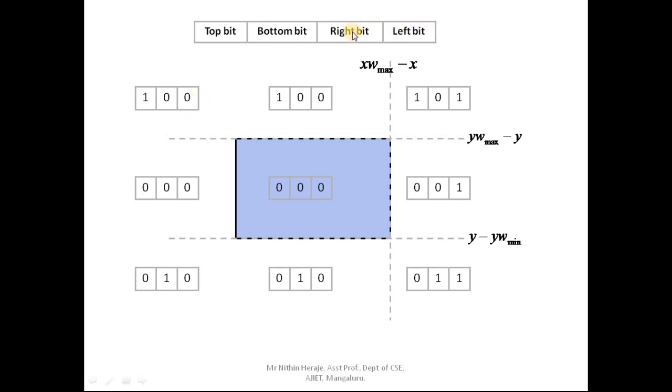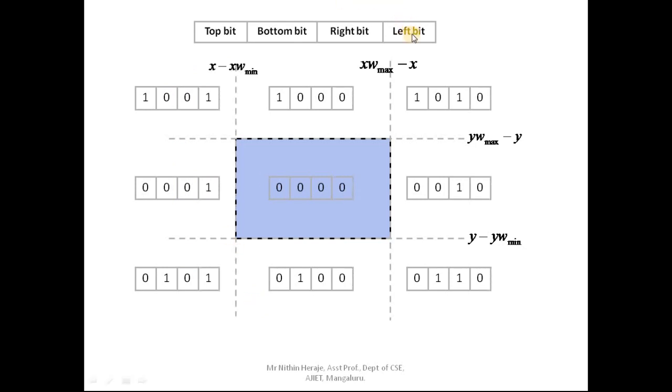Okay, now you can see this. The third bit from the left side is the right bit. If it belongs to the right portion only, that has been set. So this is the line which divides the right portion. You can see the third bit from the left is all set to 1 because it belongs to the right side of the clipping window. And these are all 0 since they do not belong to the right side of the clipping window.